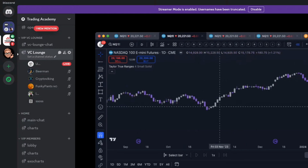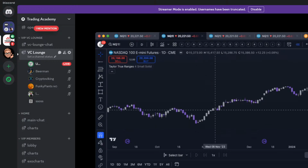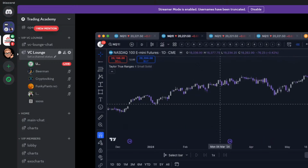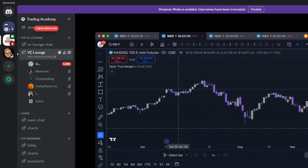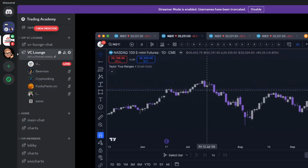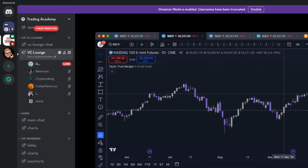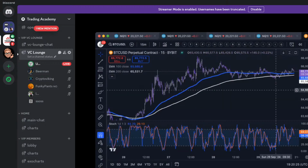So if we look here, once we start going bullish, it's 1, 2, 3, 4, 5, 6, 7, 8, 9 straight days of up, which is not very typical for the Nasdaq, but it does happen. But it is pretty typical to get 6, 7 days of straight movement on the Nasdaq. It doesn't necessarily have to be a 3 or 5 day affair, all right? But oftentimes it is. Okay, so I know that's not overly helpful, but kind of look at it and try to understand what your asset likes to do, right? If we look at Bitcoin on the daily chart,